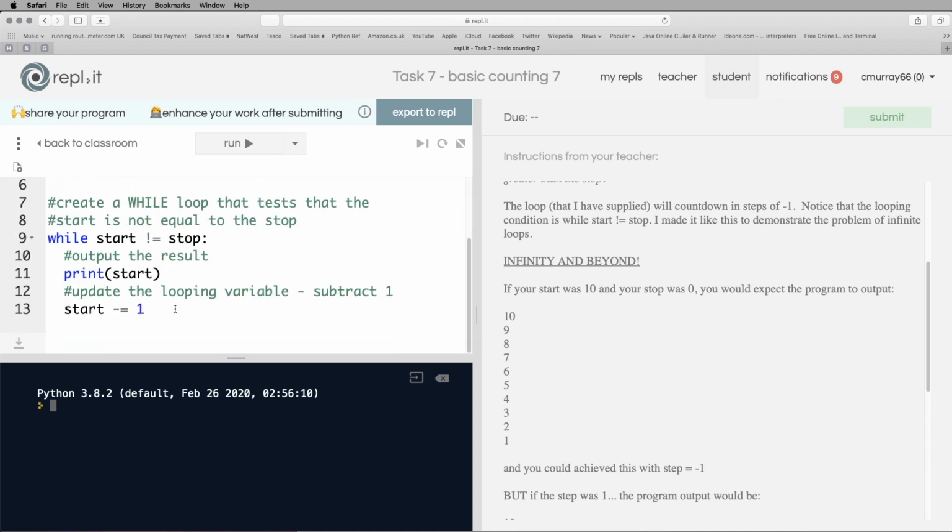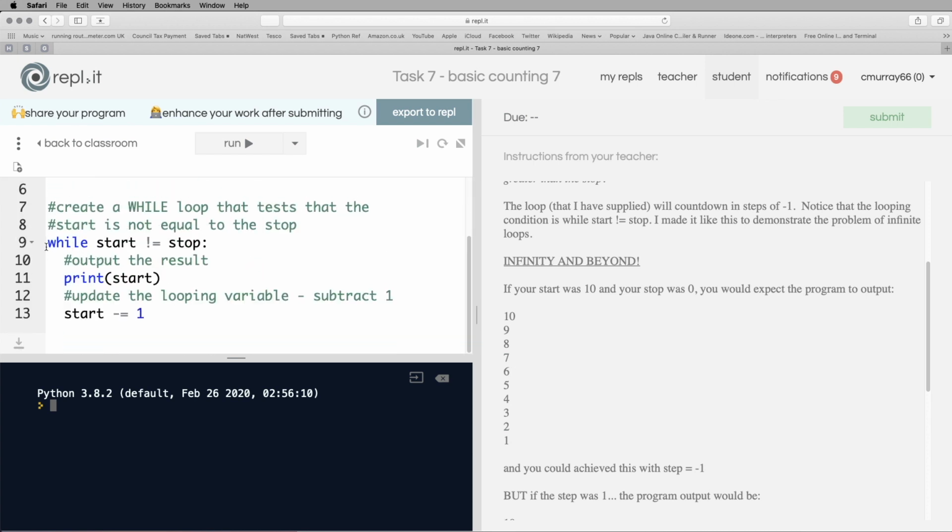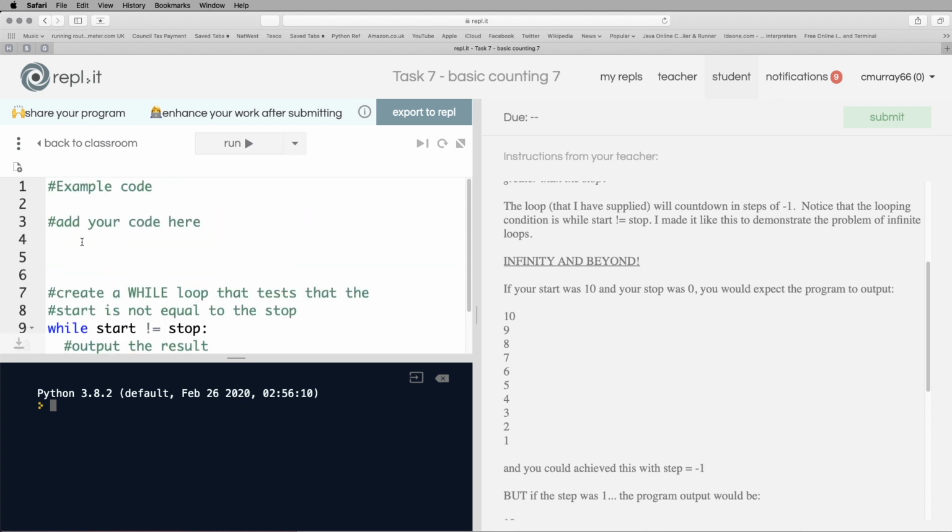And I've put all the code in here really, and let's have a look at this. While start doesn't equal stop, print start, and then we change start by -1. Start equals start - 1. That's what that means there. So we need to add some code to get the start and the stop,